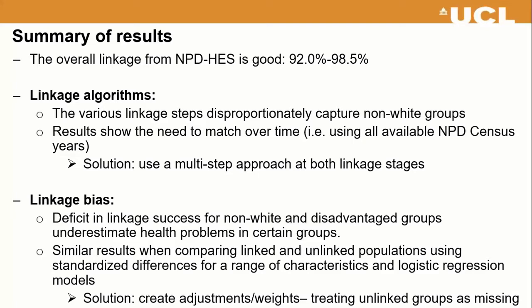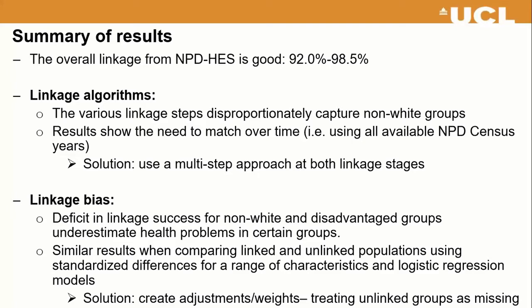The analysis of linkage biases shows that there is still a deficit in linkage success for non-white and disadvantaged groups that could lead to underestimating some health problems in underrepresented groups. We find similar evidence when we use other types of methods. For example, when we compare the linked with the unlinked population using a standardized difference for a range of characteristics, and also logistic regression models to assess how student characteristics could be associated with linkage success, all the evidence points in